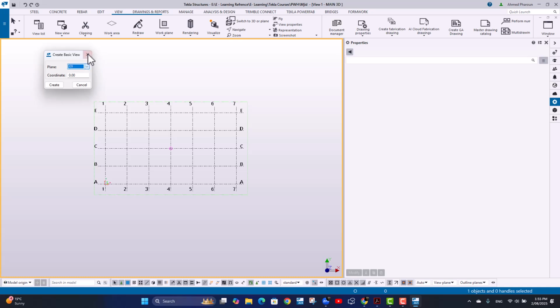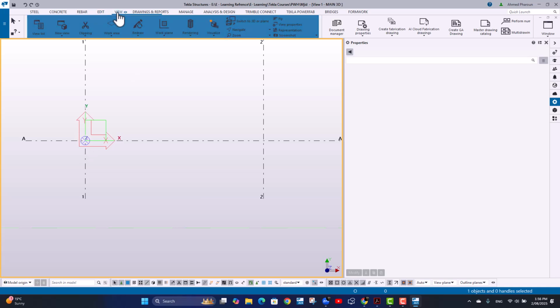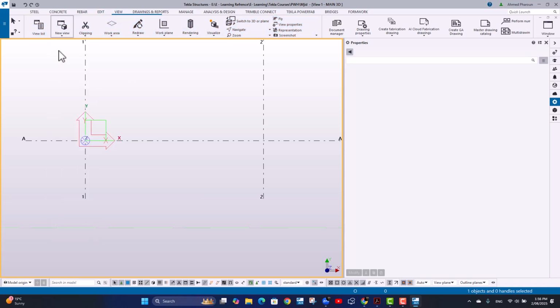For example, a plane here doesn't mean that it's always horizontal. A plane means that the view will be perpendicular to a certain direction. For example, if I need a view on grid line 2, which means an elevation, across grid line 2, I'll choose the plane to be parallel to YZ. So I'll get a basic view across YZ